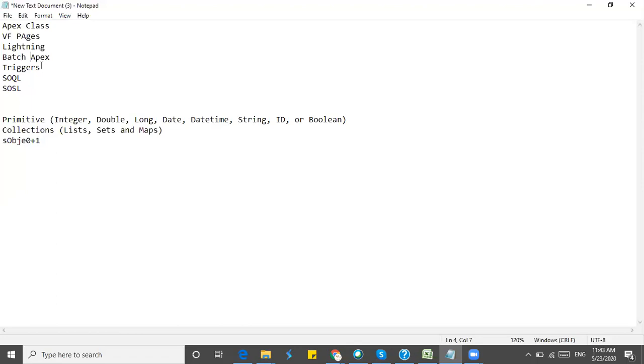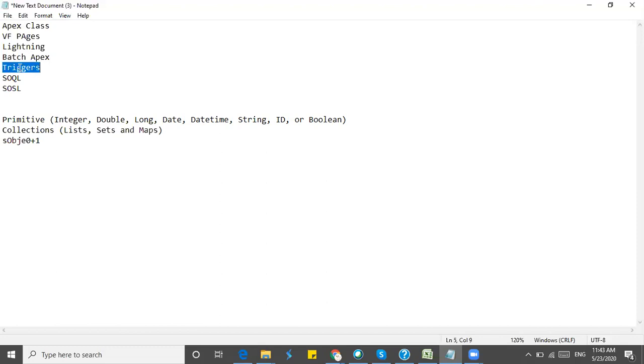If any of the batches fails, meaning some data is wrong or something is not accepted, or some exception happened while you executed the batch Apex, you can see the errors in the log or in the execution of the job, in Apex Jobs. I'll show that when we come to batch Apex.